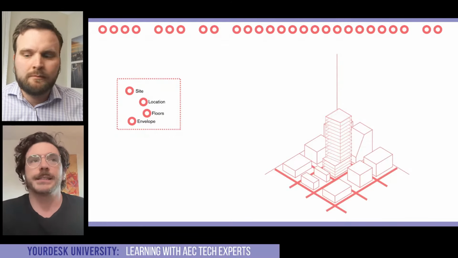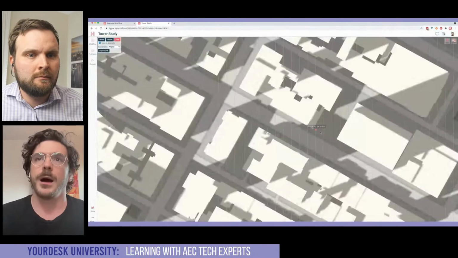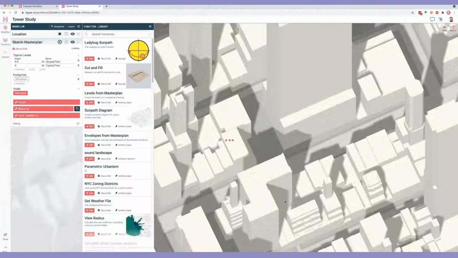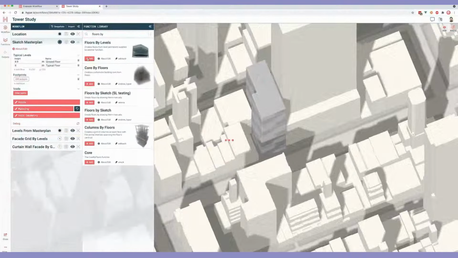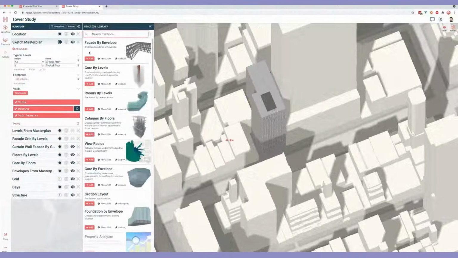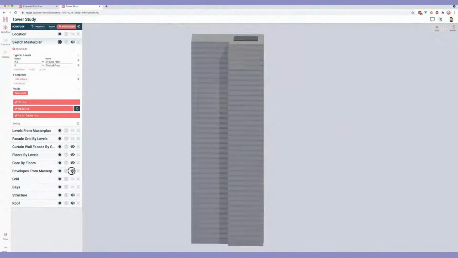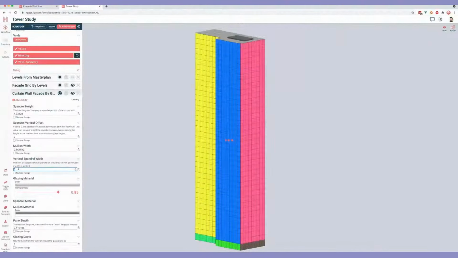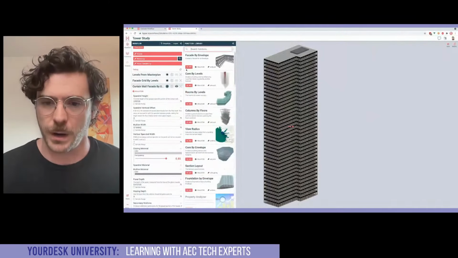This design environment already looks a little bit different from this. We've been doing a lot of work around the UI, but effectively it is this 3D web environment where the tools that you manipulate are entire building systems. So instead of drawing a single wall, you add a wall system to your project. Instead of drawing a single curtain panel, you add a curtain wall system to the entire project. And these systems can be physical things, or they can be analytical. So you can drop in a view analysis system or a solar analysis system or a financial analysis. We have customers building their pro formas and integrating them into Hypar.